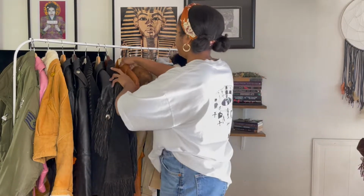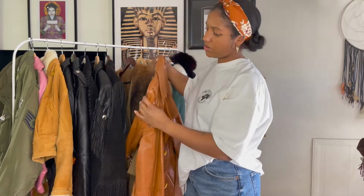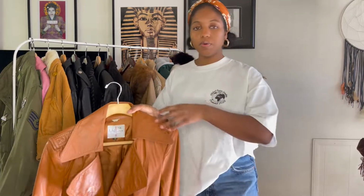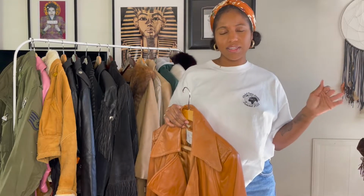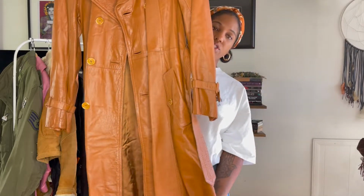Next jacket that I'm going to show you is this leather trench coat. I also bought this one from Goodwill, I believe. I don't shop a lot at Goodwill because I feel like their vintage is not that great. They do a lot more modern clothing, but I happened to be in there one day, and I believe this might have been in the Halloween section as well when they did do separate Halloween. But it is this vintage leather trench coat,